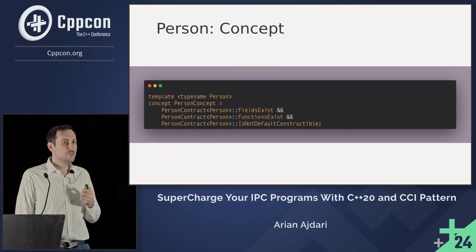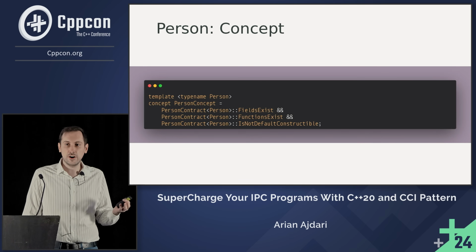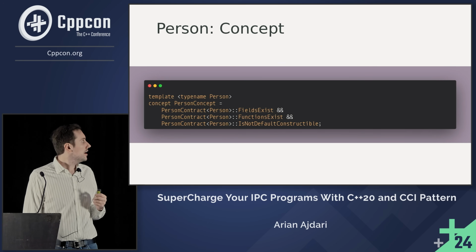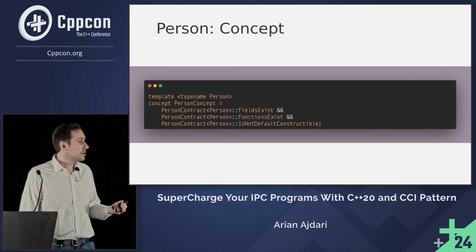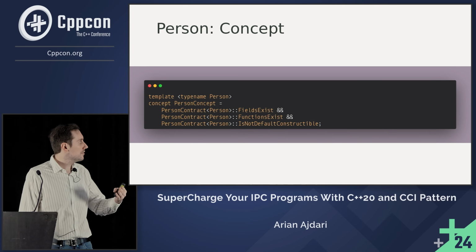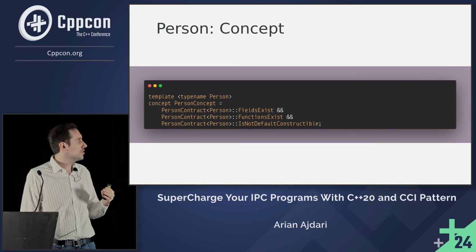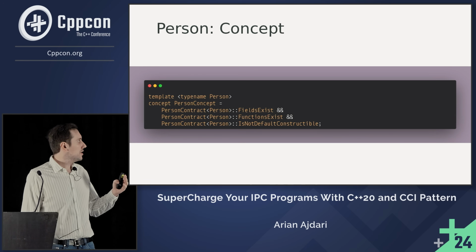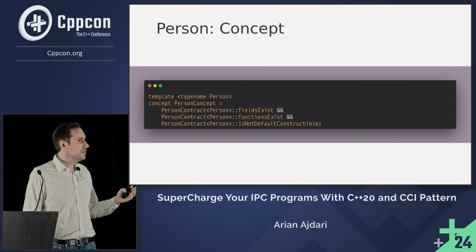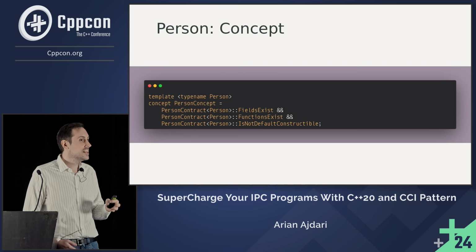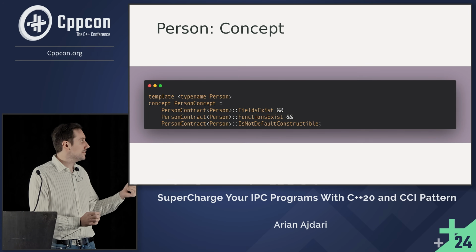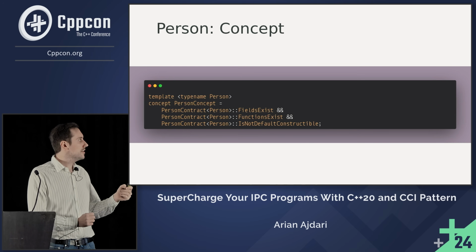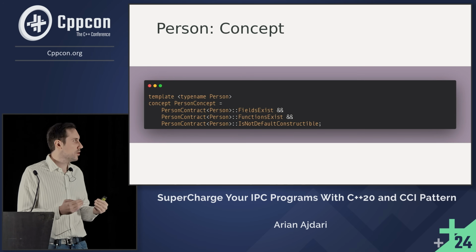And now, in order to enforce our clauses, we create a constant, very similarly to how we did before. Here, what C++ provides as a facility is that when you provide the type name, we can use any variable placeholder, and just to drive the point home, we are going to name it person. So when we declare the concept, we can read it in a very English-like language. So we have a person contract, which is applied on person, and the clause that we want is whether the fields exist. That is what we query.